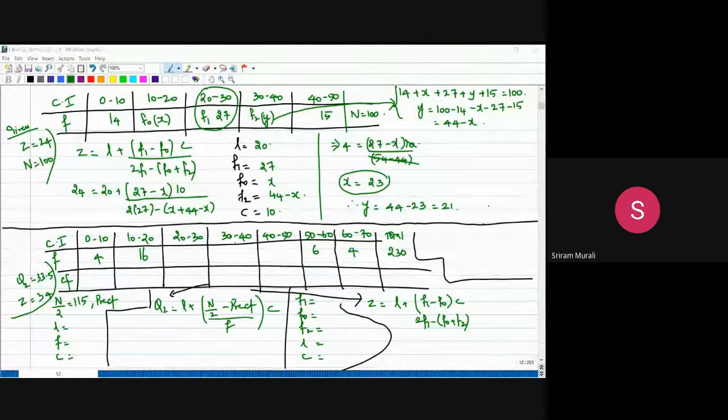Now this is the next question. Like the last problem, we want to find the missing frequency. Three missing frequencies are there. So three missing frequencies means I should find